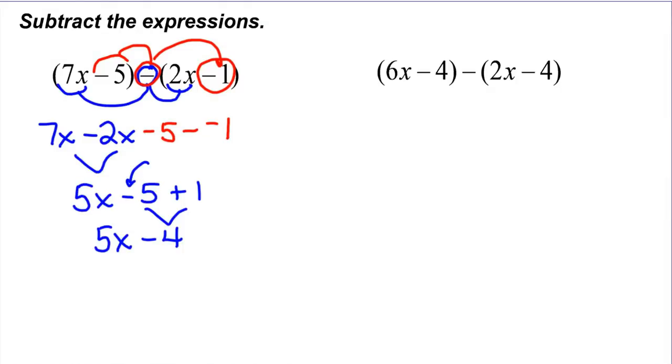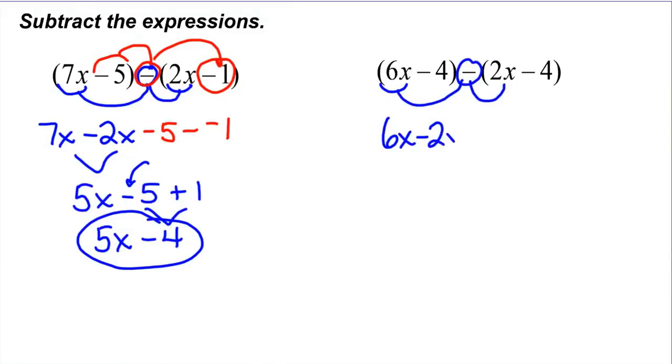That tells you how to deal with your constants or your terms. Again, that's what we've been talking about the last few lessons. Next one, 6x minus 4 minus 2x minus 4. And we are subtracting these. So again, I'm looking at my x term, 6x minus 2x. Copy that down. And then my constants, negative 4 or minus 4